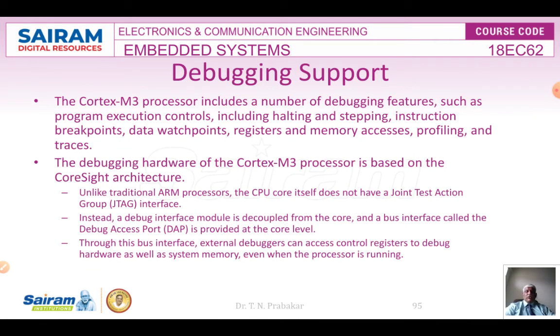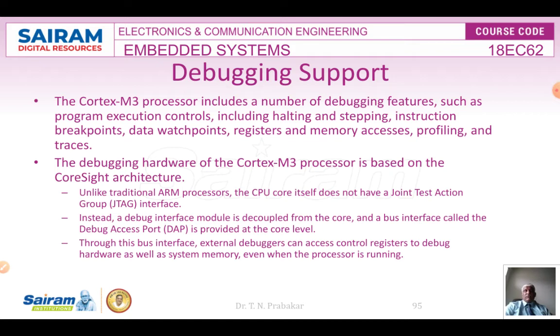And then debugging support. Debuggers are of course available here. The system provides a lot of debugging support, such as halting and stepping. Halting means you can temporarily halt the program for some time so that you can analyze the contents of the registers, and stepping means you can run the program step by step, one instruction per execution, so that you can easily trace how the variables in the registers are changing and understand the flow of your program. There are also breakpoints. For every 10 instructions you can give a breakpoint so that the system will stop at that point and you can analyze the register contents.